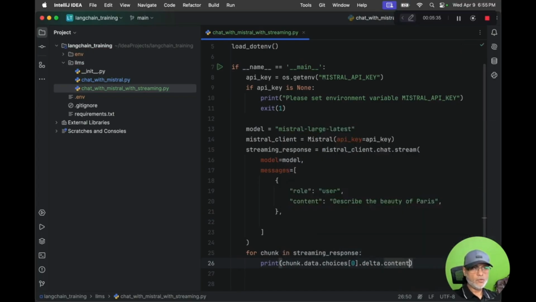But then you know what, when I do this, because print is an out of the box functionality provided by Python, what will this do? It will automatically put a backslash n after printing each and every content that is received. We don't want to do that. Why? Because the content itself will contain a backslash n, because the response that we receive is a formatted response, and usually all of these LLMs return the response back